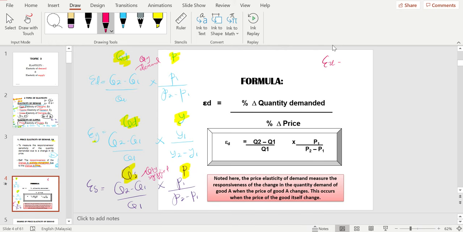Oh, how do we make the formula for EX? How do we differentiate it? You know this one is quantity demand to price also, right? But this is the price of another good, and the quantity demand of another good. So you have to know which good's quantity demand is mentioned. For example, quantity demand of good A, price of good B. So, what happened to the formula? The formula will be